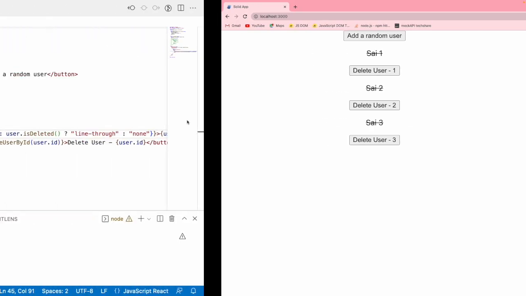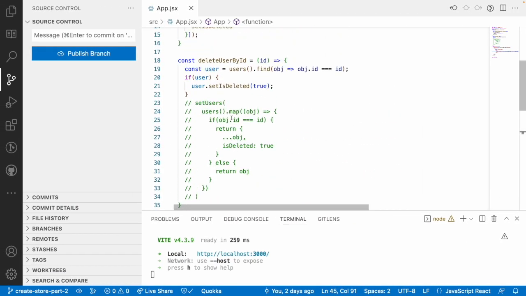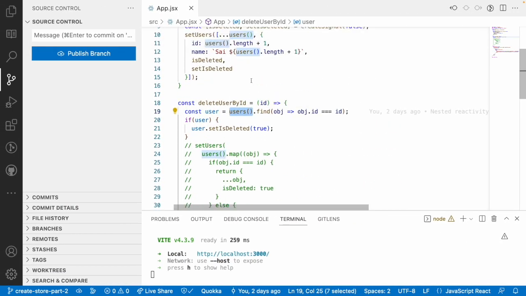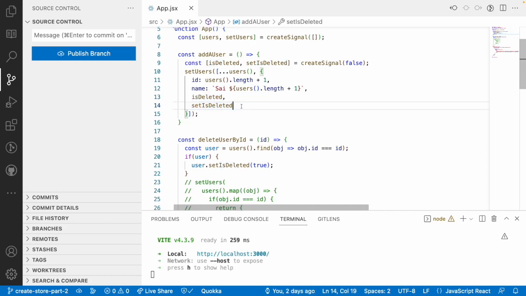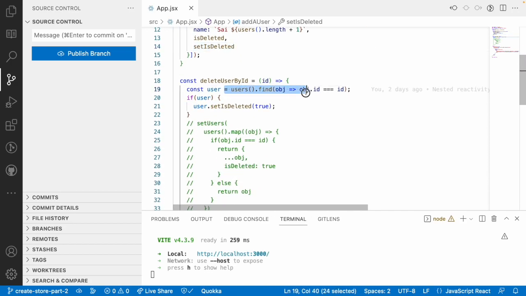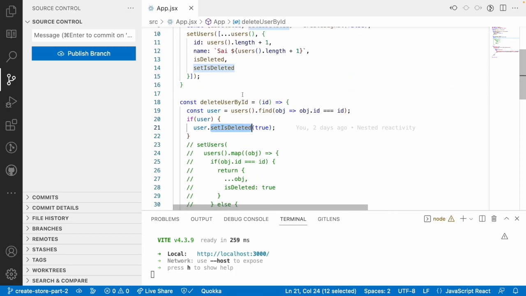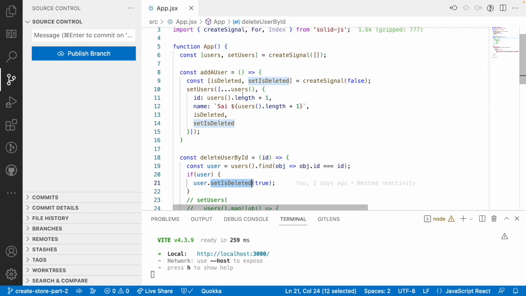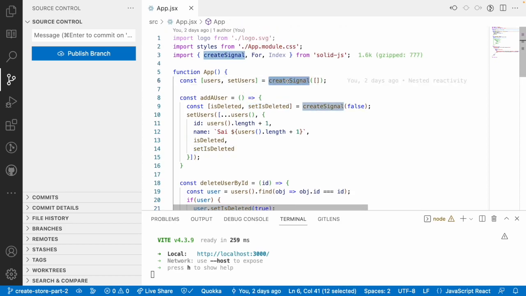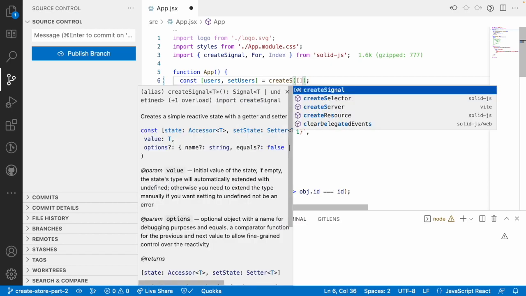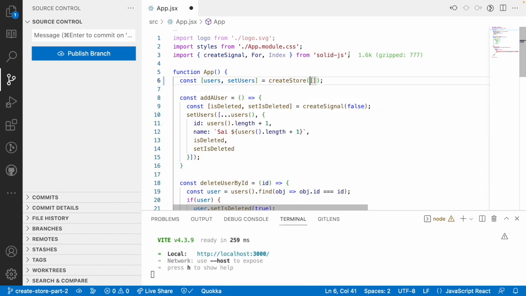Now there is a lot of logic over here. We are using users and nested signals, and we are creating users, finding the index, and then updating the particular nested signal. So instead of doing this, how can we make it very simple? Let me use createStore. Instead of using a signal, I'm just using a createStore value, and this store value we need to get it from